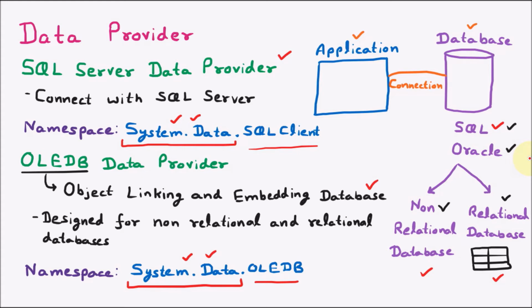So inside the system we are having database connectivity, and under that we are having all the data providers. So System.Data is the main namespace. Inside that, we are having the different namespaces like SqlClient, OleDb, Odbc, and so on. So now we are learning the next data provider, which is the ODBC data provider.